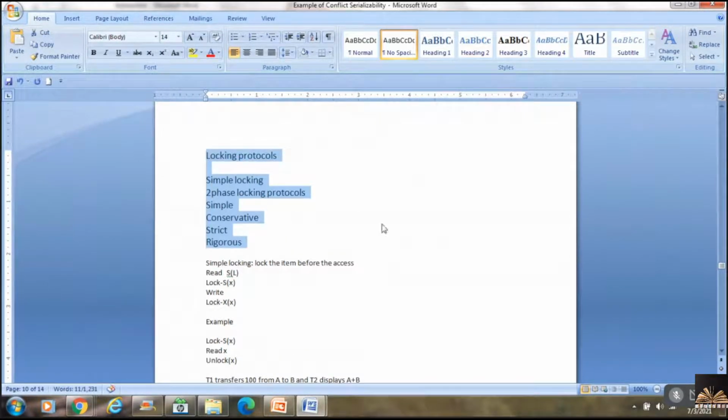The first one is simple locking. Second is two-phase locking protocols, then strict two-phase locking protocols, and rigorous two-phase locking protocols. We'll be learning about these four kinds: simple, two-phase, strict, and rigorous.